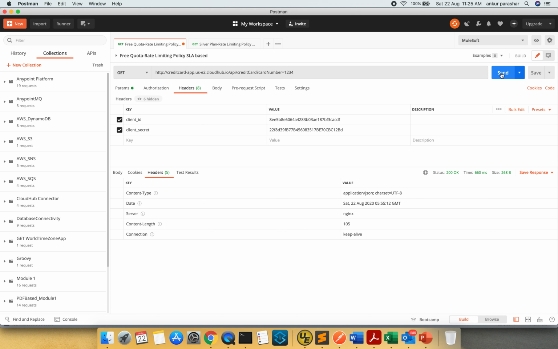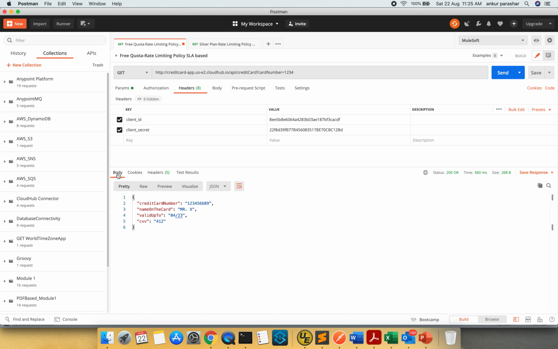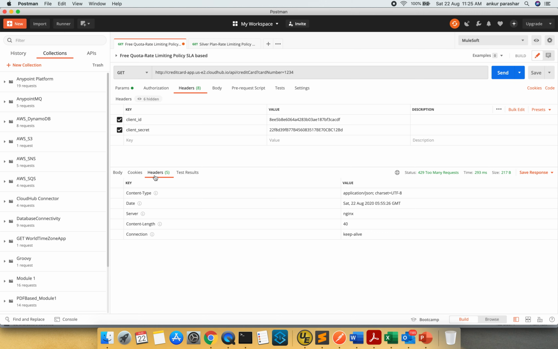Let's see. Here you can see it is giving me a response. First response, 30 seconds is still counting. Second, third, fourth, fifth. Now quota has been exceeded. If you check the headers, we are not able to see any rate limiting specific headers like X-RateLimit-Remaining, something like that, right?